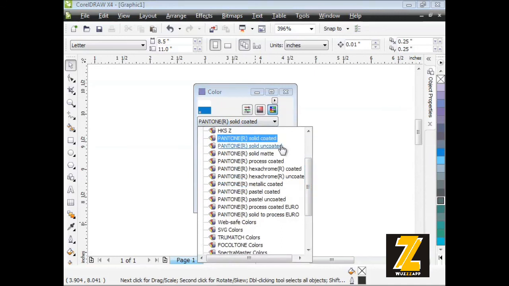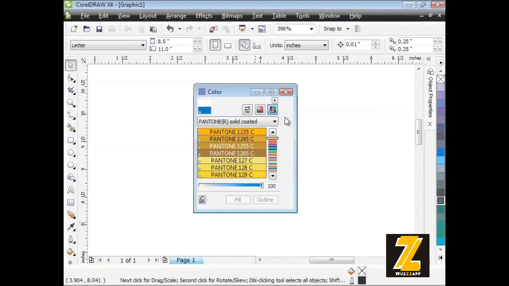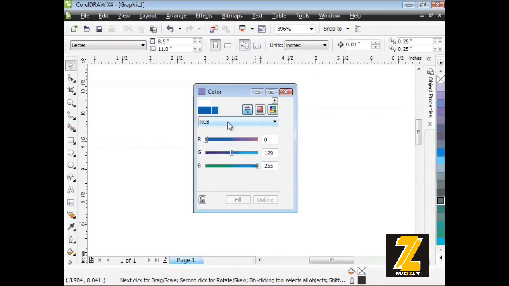I can work with an uncoded library. I can work with hexachrome, coded and uncoded. There's metallics and pastels and all kinds of great stuff. So anyway, there you go. Now, if you're not doing a lot of commercial print production, I would not worry about Pantone colors. Just stick with your RGB and you'll be just fine. To change your